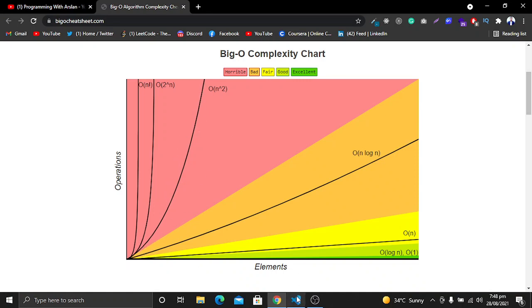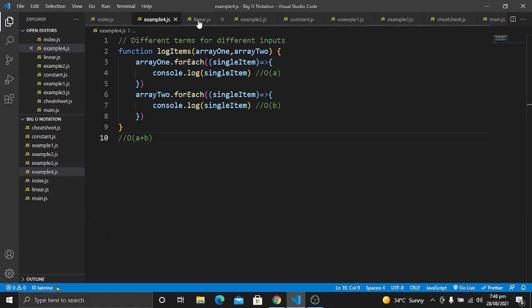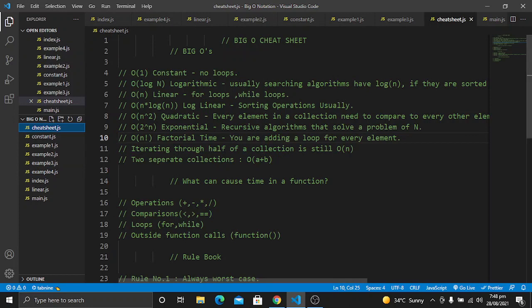It has the name quadratic time complexity. In our cheat sheet I will note here that O of n squared is quadratic time complexity, which means that every element in a collection needs to be compared to every other element.